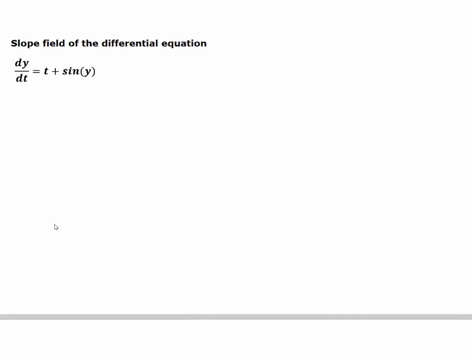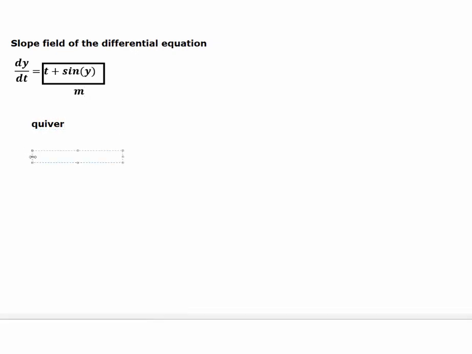Now we are going to use MATLAB with the quiver command to draw a slope field of a differential equation. Here dy/dt stands for the slope, so dy/dt is the slope. What we have then is that this quantity here would be the slope, that is m, and that quiver command in MATLAB is going to do this for you, that at each point,